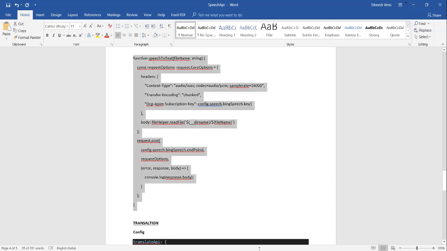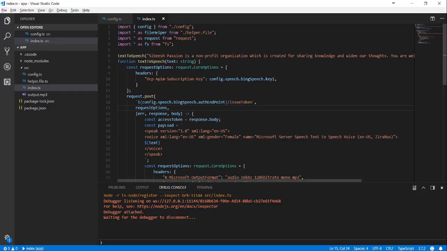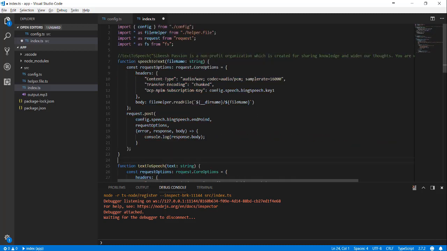I'll just copy this function and I'll comment out this, and paste it here. This function accepts a file name as a parameter, and for all the post requests, it is mandatory that we give a header. So in this request options, we are creating a header with Ocp-Apim-Subscription-Key, and in the body we are giving a buffer,